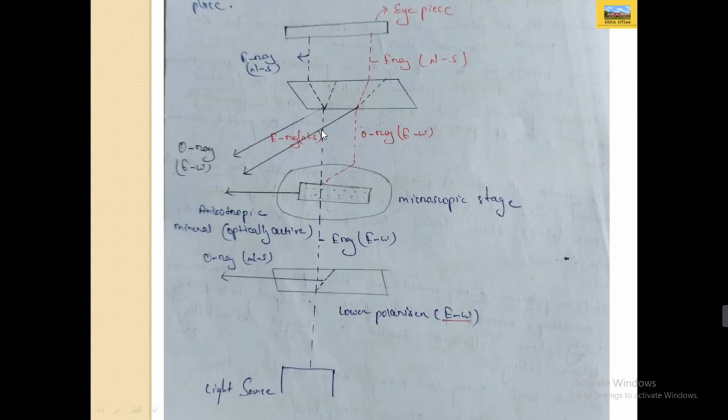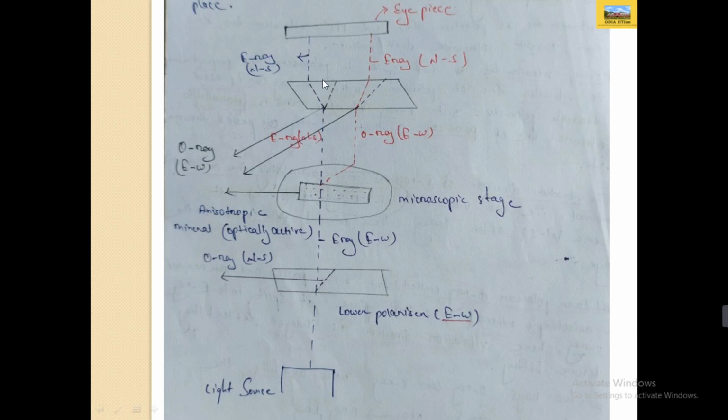Now after hitting the E ray, it produced two rays, that is one is E dash and the other is O dash, and another O ray produced, one is E dash, E double dash, and another is O double dash. In this case only the E ray passes through the analyzer due to having a parallel vibration direction with the upper polarizer. O dash and O double dash, their vibration direction is perpendicular to the vibration direction of the analyzer, so